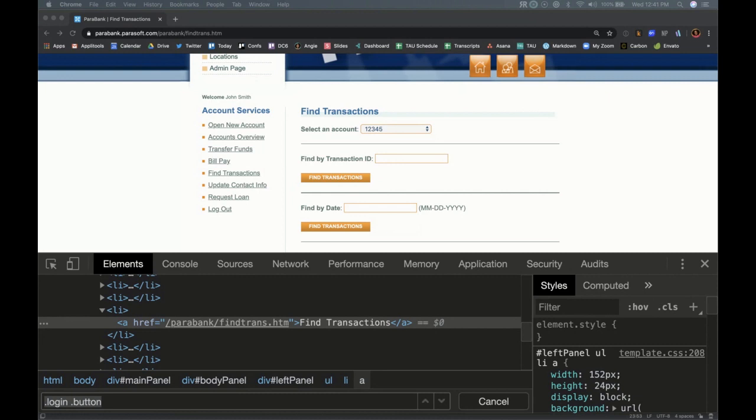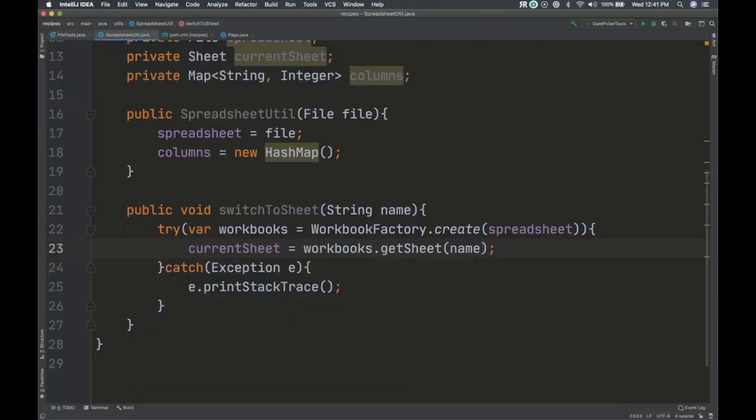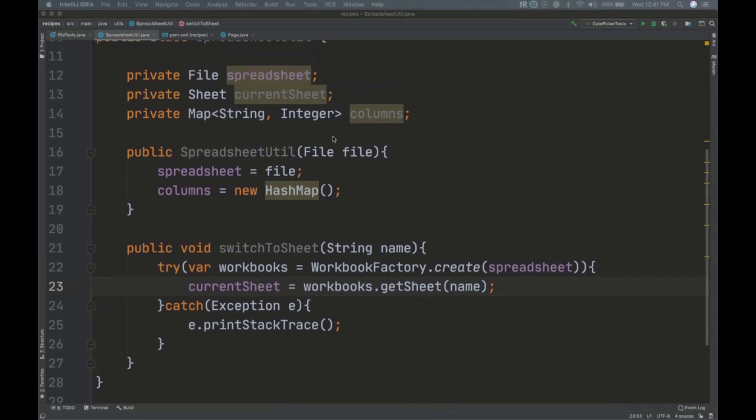Okay, back to the grind. Okay, so we have the current sheet, right? And I want to populate this map of columns based on what's in that sheet.